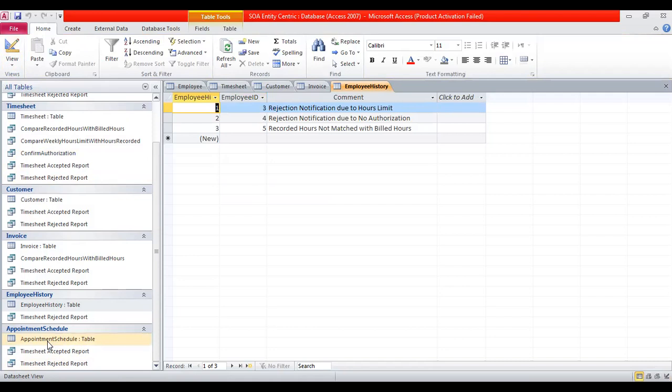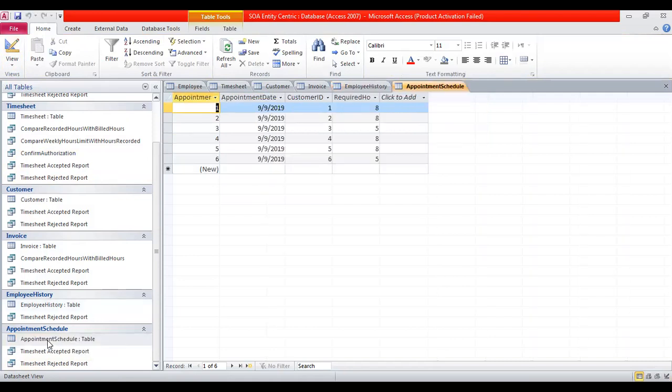And the last table is the appointment schedule table. The appointment schedule table contains appointment ID, appointment date, customer ID, required hours. So we have covered the design view of this appointment table.